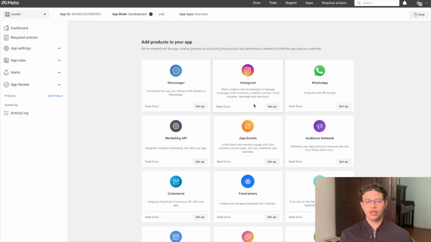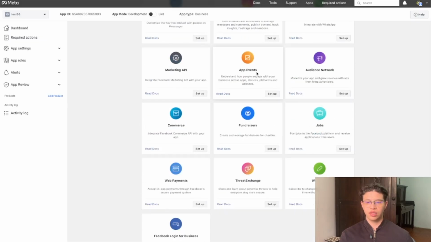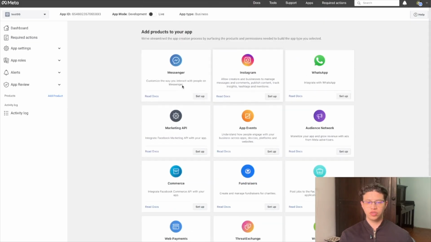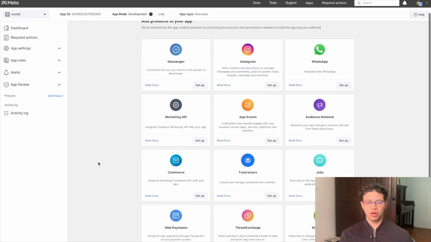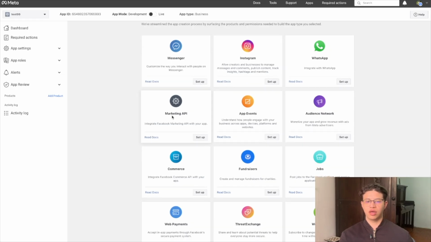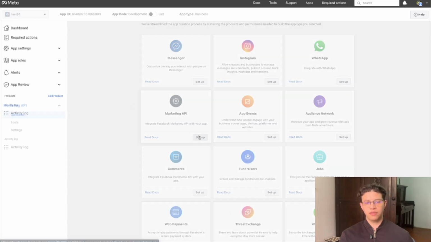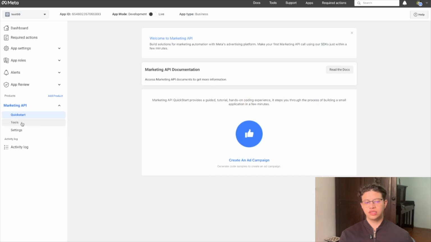Yeah, so once you create the app, you can set up APIs for all of these options like Messenger, Instagram, but we are going to use Marketing API because we are in Ads Manager, right? So you just click here and set up this API, and then here on the left, under Quick Start, it says Tools. You click there in Tools,